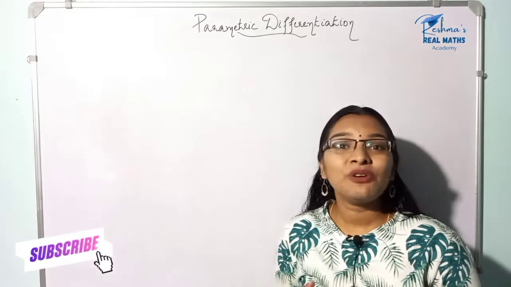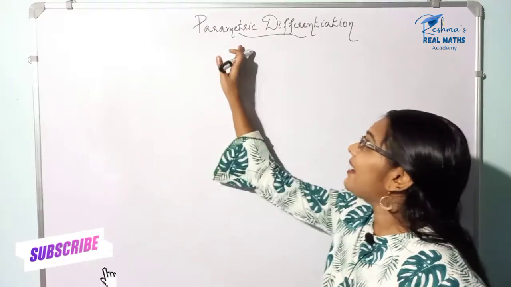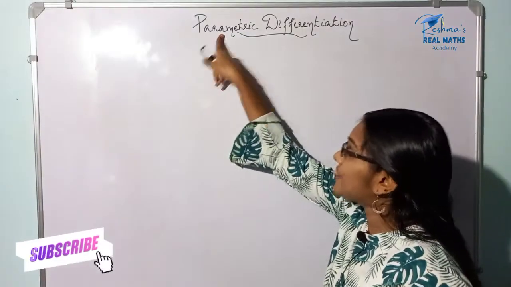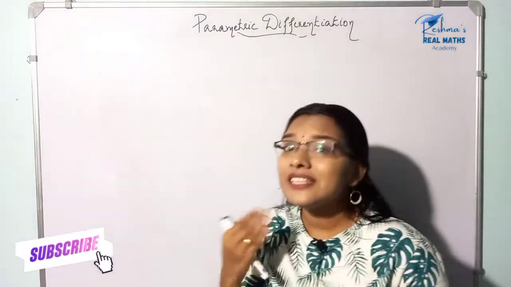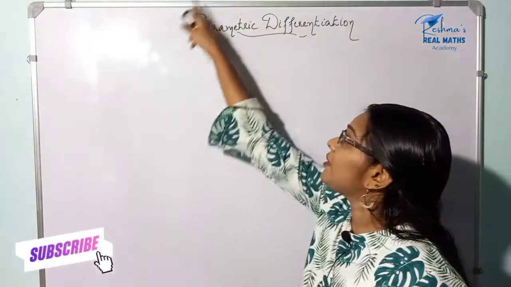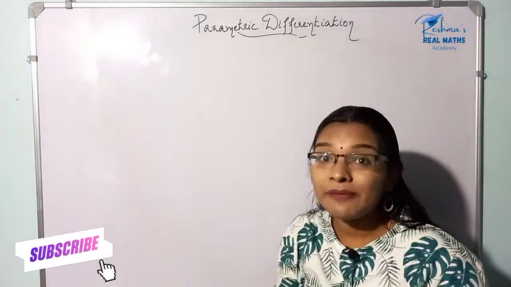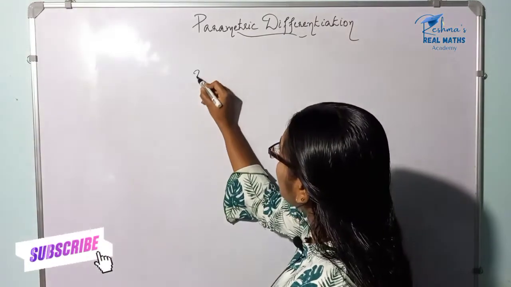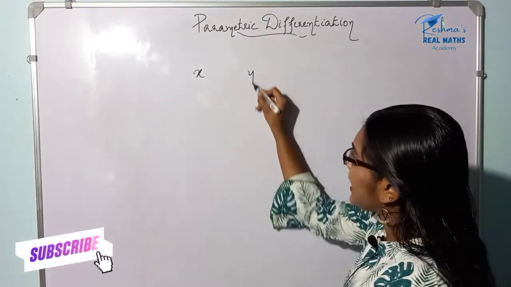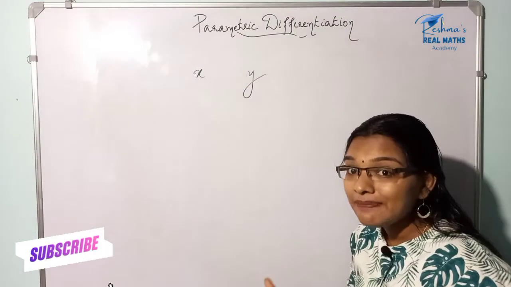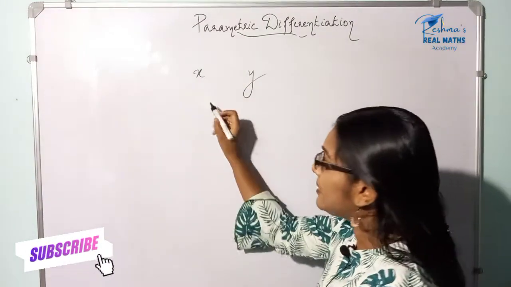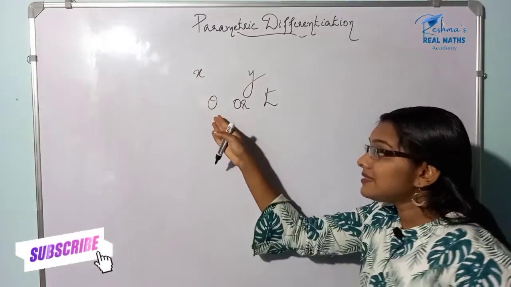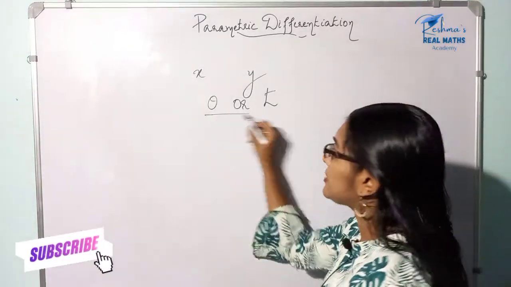So today we are going to discuss the new topic, parametric differentiation. See the term parametric differentiation. In this type of method, usually what will be evident? A parameter will be there. So we look at how it comes. Here the usual variables, say x and y, depend on a third variable, say theta or t. This theta or t is known as